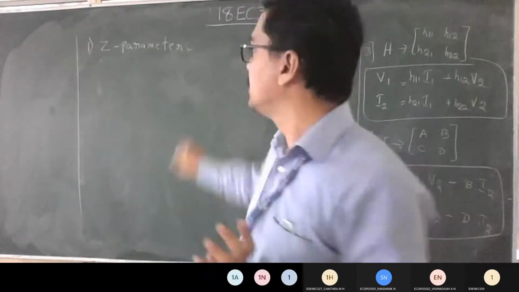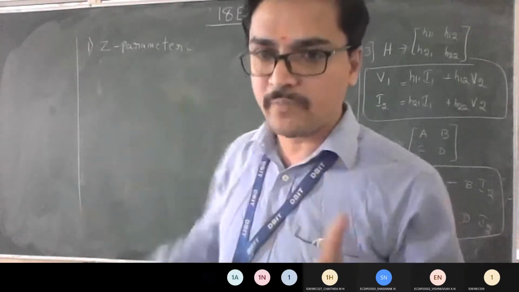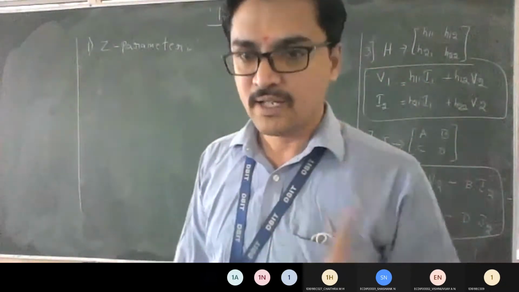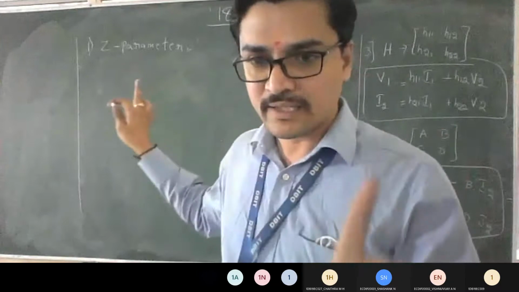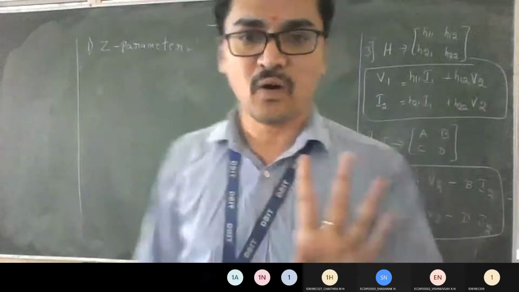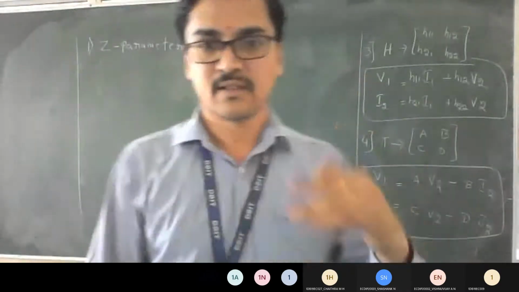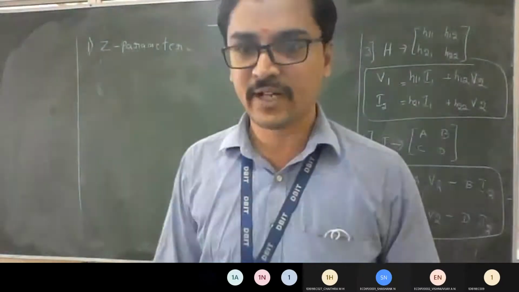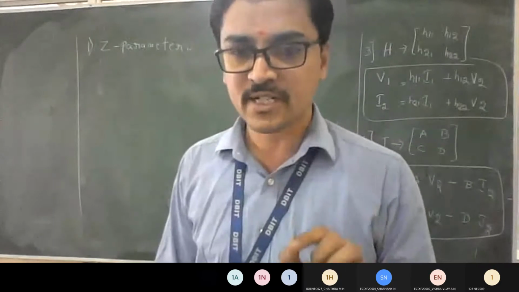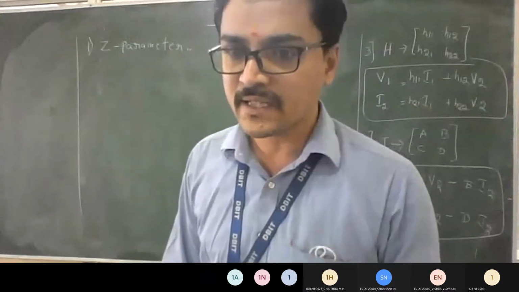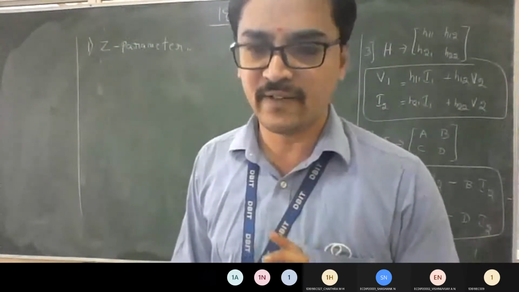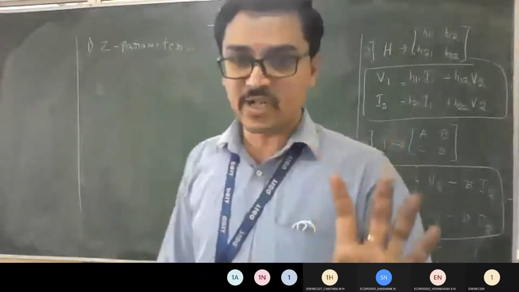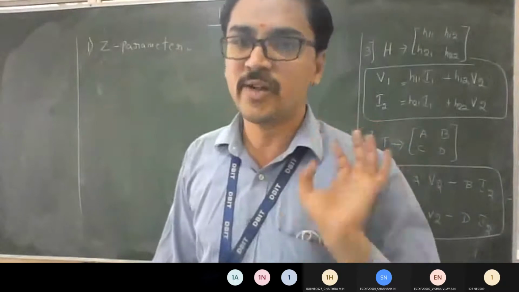Now the question is, if they ask you to derive the different coefficients of the Z parameter along with the equivalent circuit, it will be for 8 marks. How we solve for one parameter derivation, the same procedure you follow for the remaining three also. That's why I said understand one clearly; the remaining you can replicate with respect to the base equation. The equation will be changing, that's it. The question is: derive the coefficients of the Z parameter along with the equivalent electrical circuit. Whenever any parameter is asked individually, first write the general equation.